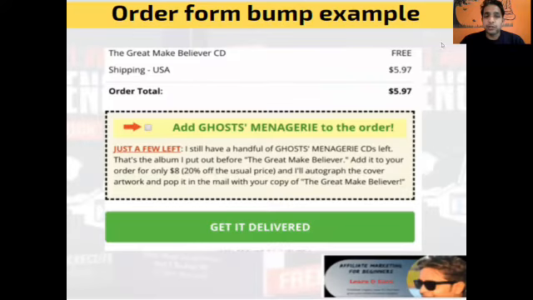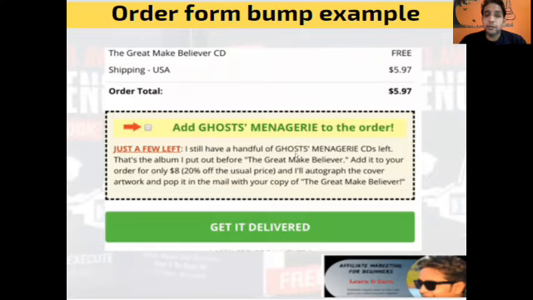So here the user has already entered the information about the credit card, and they need to click on this button. And again, as we have learned in the previous videos, this is kind of selling out of fear. So if you put on an offer that says only a few seats left, or only a few items left, only valid for today, then people will buy out of urgency, and they will click on get it delivered or order, and they will buy your product along with your order form bump.